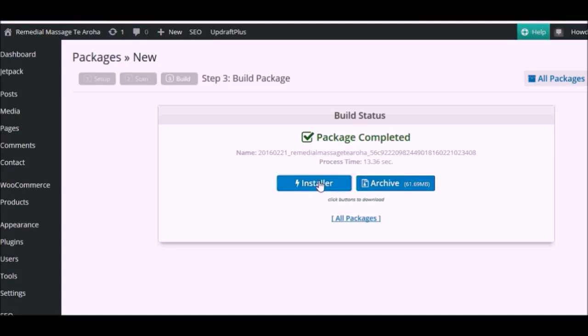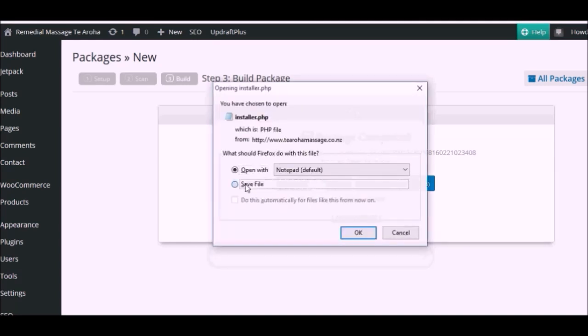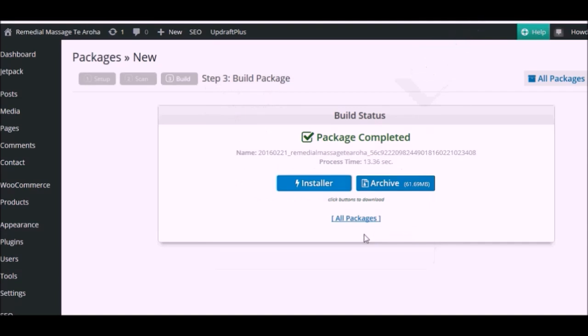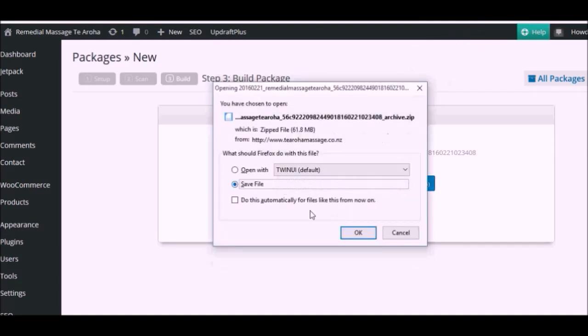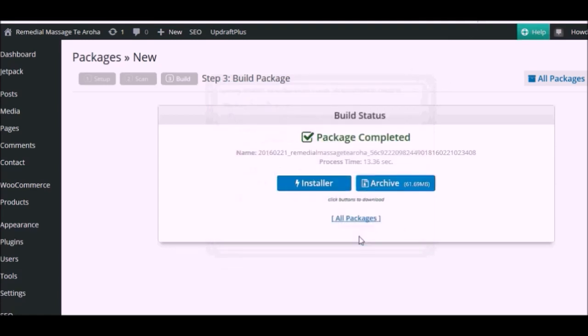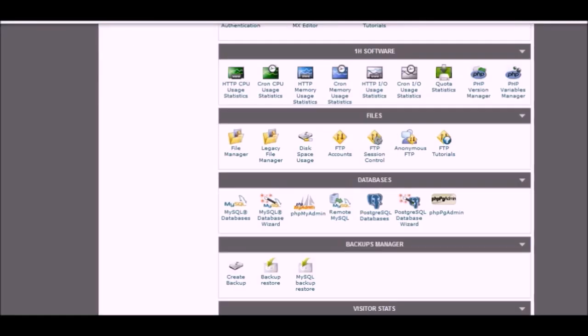So we want to download the installer, save it. Okay, and we also want to download the archive and save that as well. Alright, so once they're done, then what we want to do is we need to create an add-on domain on our hosting account. So if we click into our hosting account, into cPanel,